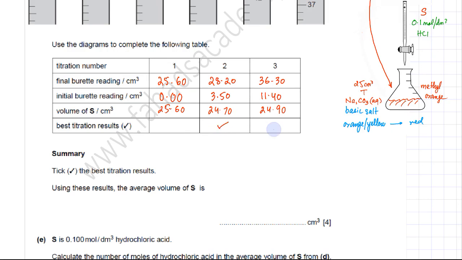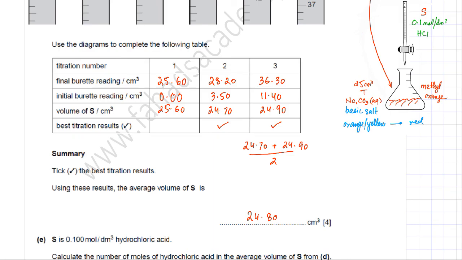So these two are my best titration results, and using them I need to calculate the average volume of S that's used. I'm going to pick 24.7 and 24.9 and take the average, which is 24.70 plus 24.90, divided by 2. The average volume of S used in the titrations is 24.80